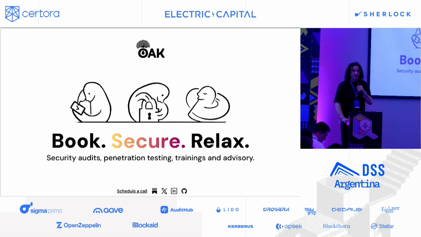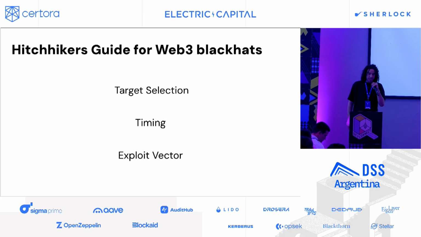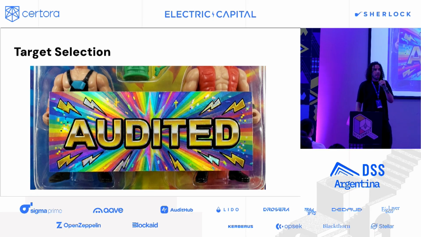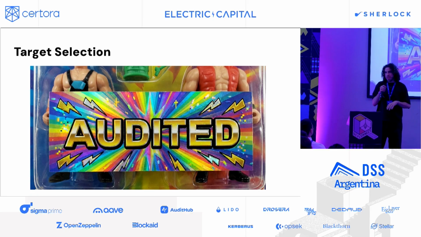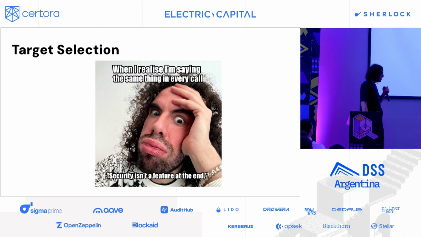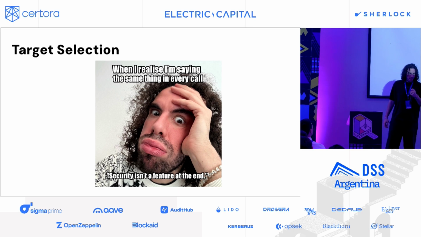Thanks for coming. So this is a Hitchhikers guide for Web3 black hats, basically. We need to go through target selection, then we need to go through timing and choose an exploit vector. I think one of the easiest ways to identify a target is just looking for a project that really advertises with audits, right? Because in Web3 we equate cybersecurity with audits, and I realize that all the time